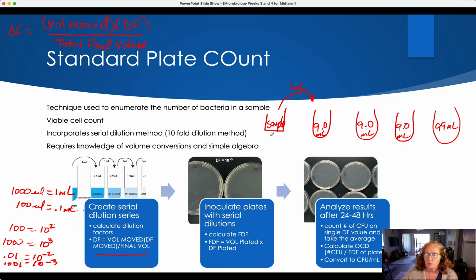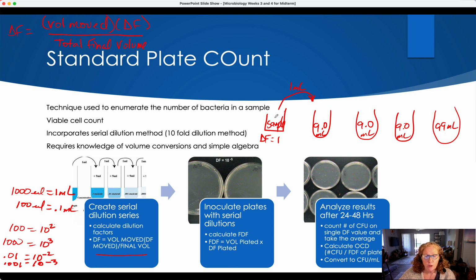Now, my sample is going to contain 100% of the cells that I would normally count. This means that my dilution factor, I'm not moving anything. My final volume is 1 ml, so my dilution factor is always going to be 1. The dilution factor of your sample is always 1. That is a given. Now I'm going to remove 1 milliliter